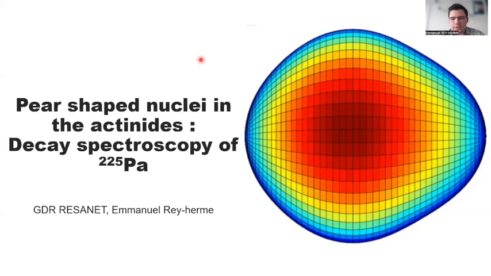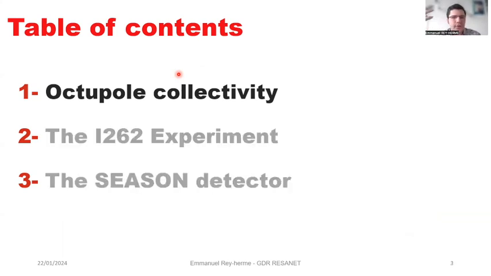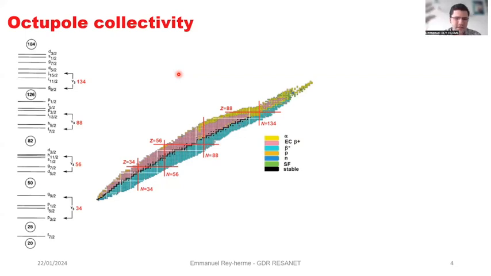And for that, first, I need to present a little bit about octupole collectivity. Then I will present the I262 experiment, which is the experiment I analyzed during my thesis, and then the SEASON detector on which we were working at IRFU. So for the octupole collectivity, it is something that is occurring on the nuclear chart at several places, and